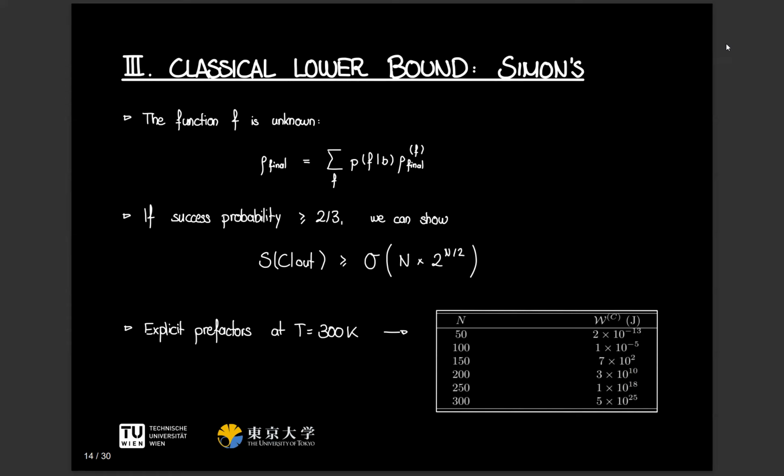Now, the precise break-even point would depend on the constant factors for the quantum platform, which, as I pointed out, would require us to specifically look at the platform that you are using, and then this break-even point would lie somewhere in between. But indeed, I agree that there will be a range where, with respect to this figure of merit, energy consumption, the classical computer would, of course, be more advantageous.